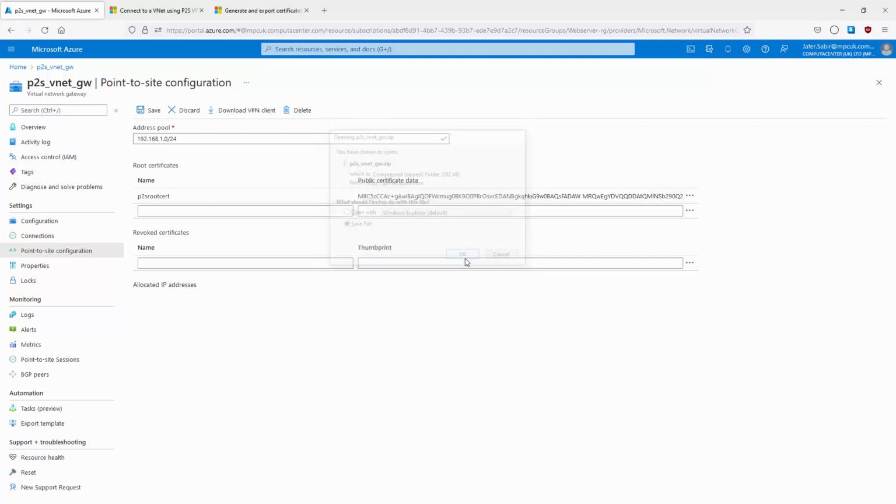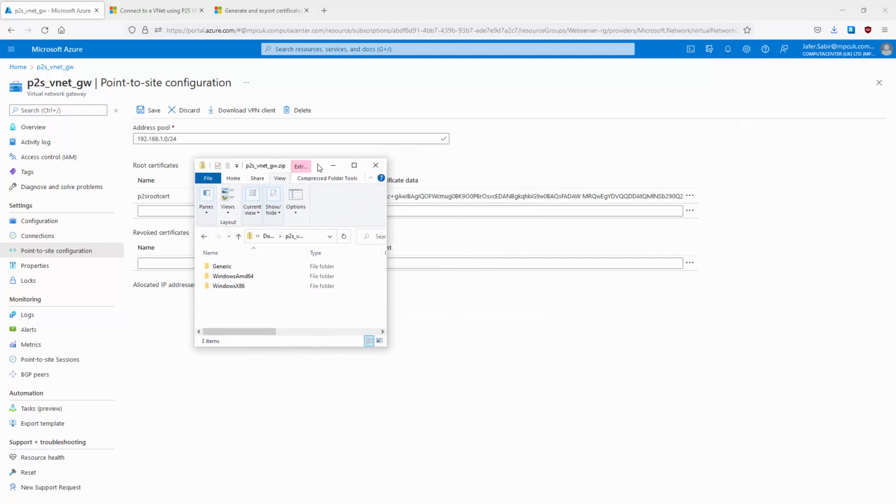Let's click on OK. And I'll access the downloaded zip folder and I will drag it into this screen so we can see it. And here it is. And it gives us 3 different installers. And the one we want for this client is the middle one, Windows AMD64, for my Windows 10 64-bit version client. Let's go into this folder and let's double click this executable file